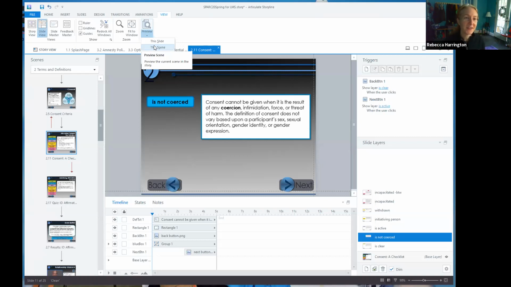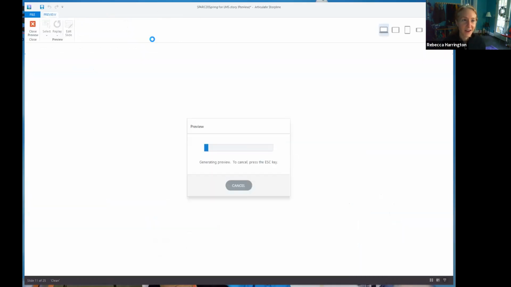I mean, odds are good you're not really needing to preview the sound of a video. You just want to make sure that all of your navigation works. It's smart to tab and return your way through those things because you can double check that. So if we go back to this, preview this slide, and I can actually show you what that looks like.